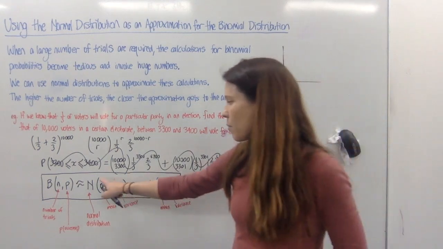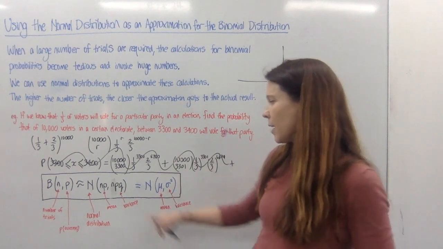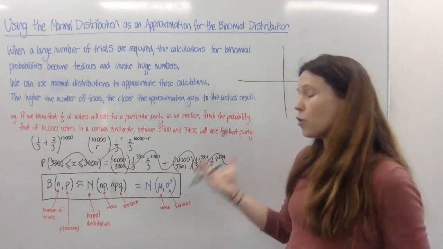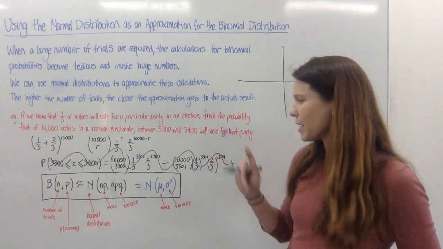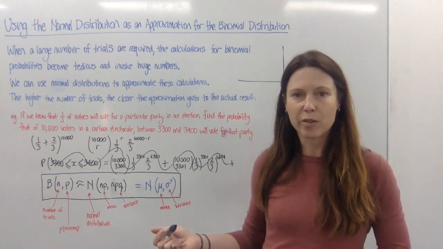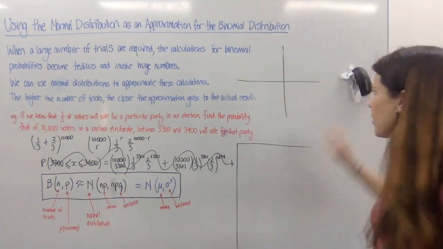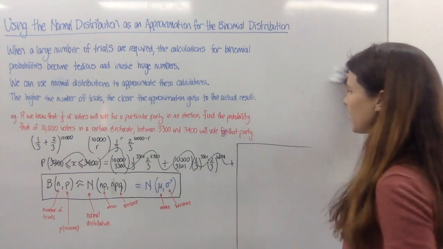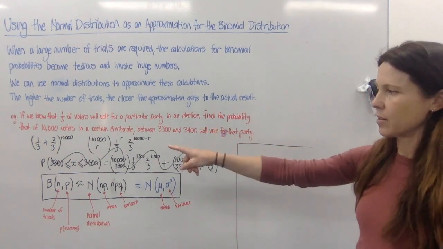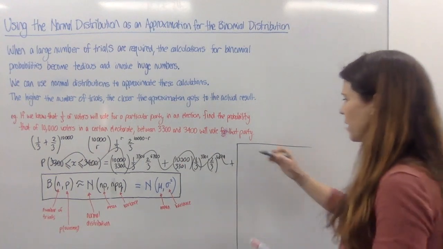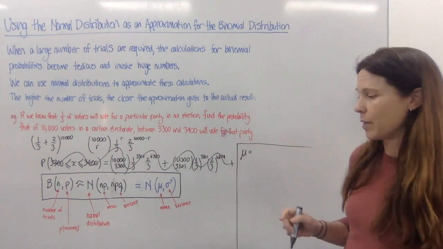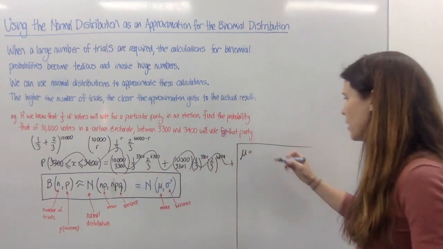So we can use np to calculate the mean, and we can use npq to calculate the variance of this new normal distribution, based on what those figures were, the mean and the variance, for the actual binomial distribution. So now carrying on our calculations over on the side here, for this particular example, n was 10,000 and p was 1/3. So that means that the mean was 10,000 multiplied by 1/3, just doing n times p. So that means we have